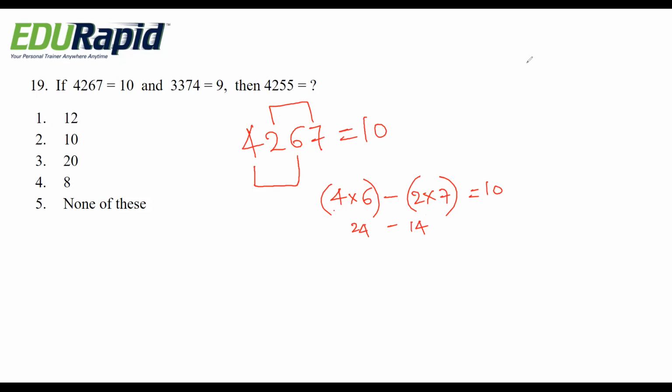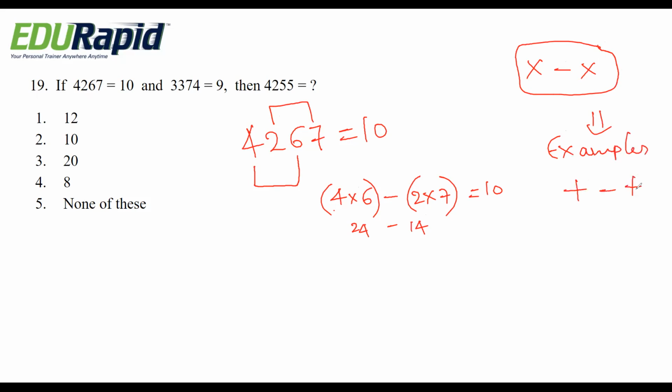You have to use the trial and error method to see what pattern is going on. Here it is into minus into. This is the pattern. Sometimes it may be, for examples I am giving, plus minus plus, or into divide plus, or plus minus into. So anything is possible. You have to check by trial. Also the first and third elements are related with the second and fourth elements or numbers.